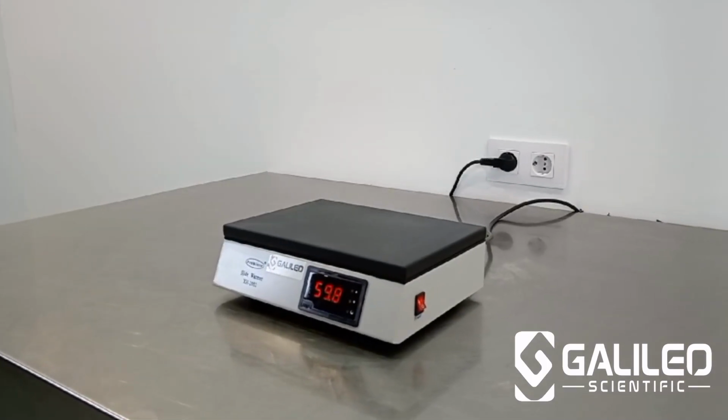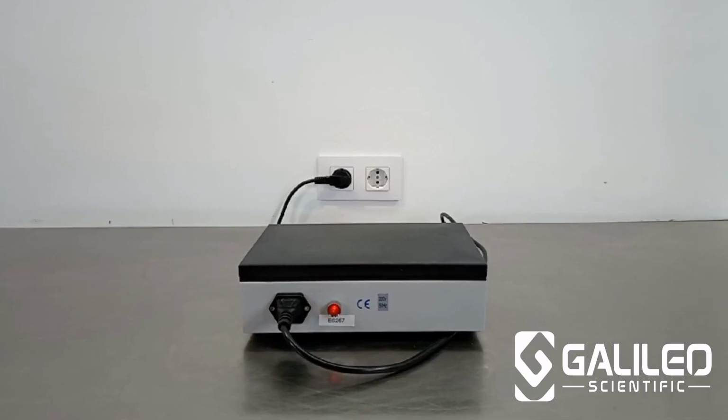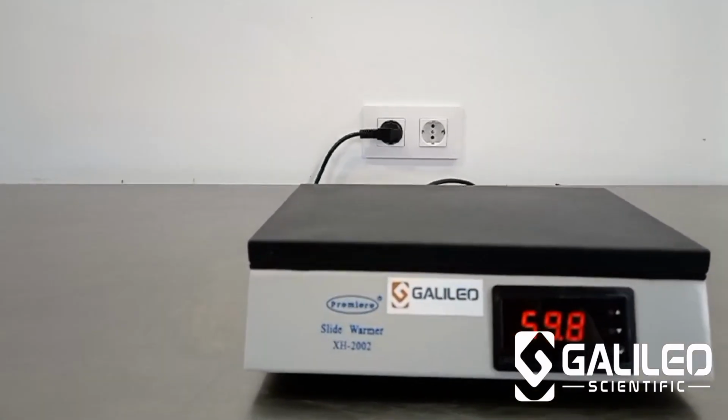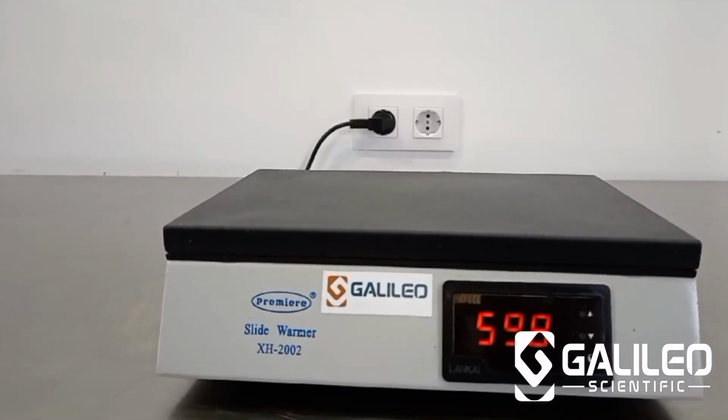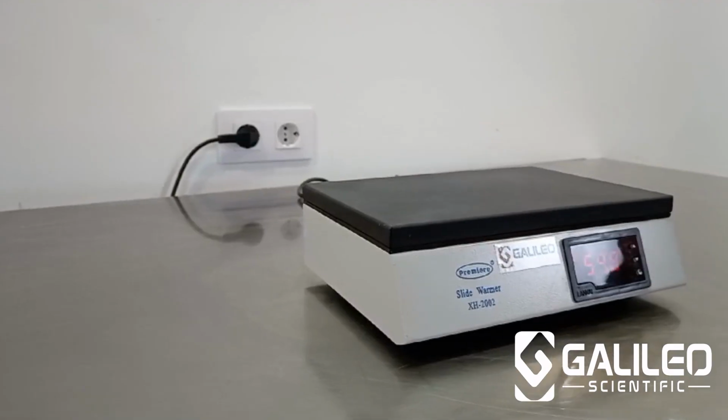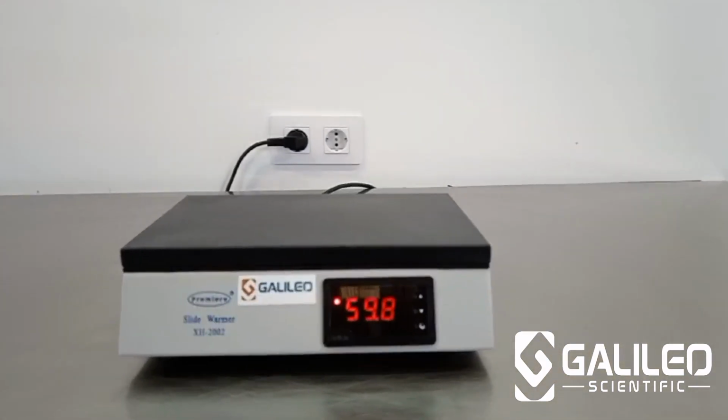Hit the set button, and you can easily toggle between the temperature you've chosen and the one it's currently holding. Uniform thermal heat distribution makes this unit ideal for drying and mounting paraffin tissue sections in histology, cytology, pathology, and